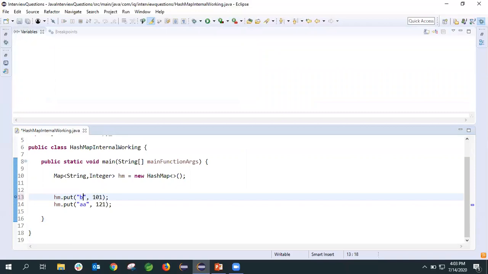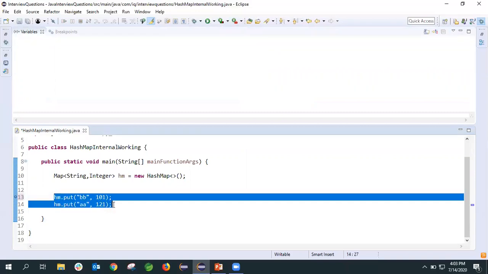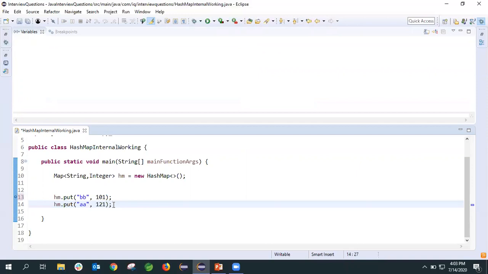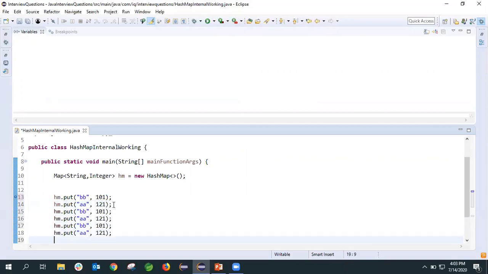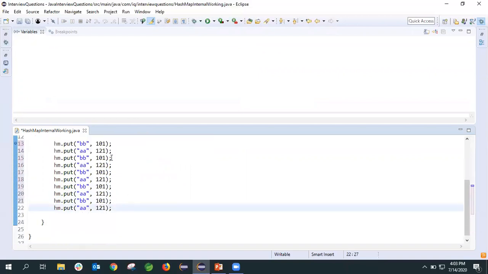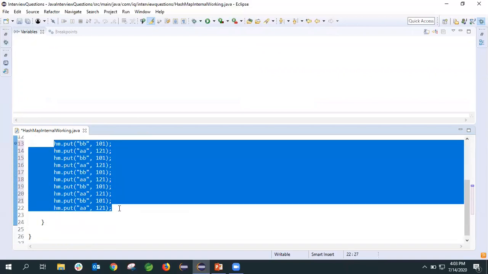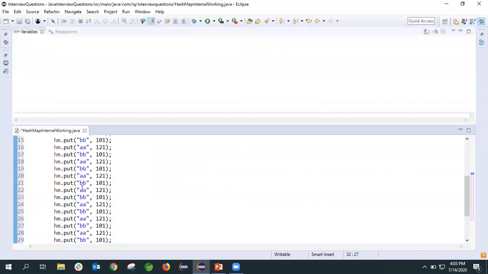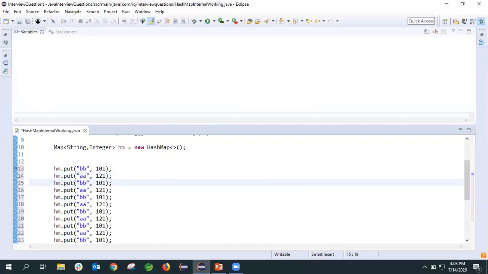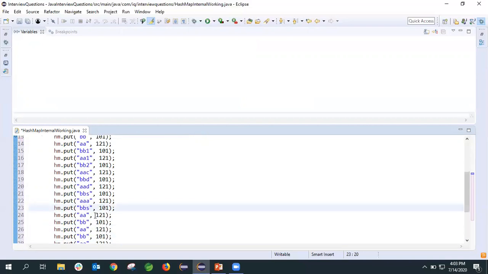We'll add 13 values and we'll see what the size will be. So let's add some values: A, B, 1, 2, C, D. How many are there?